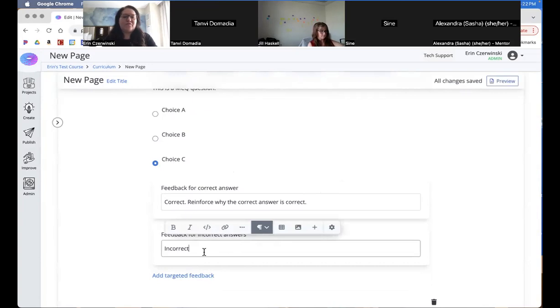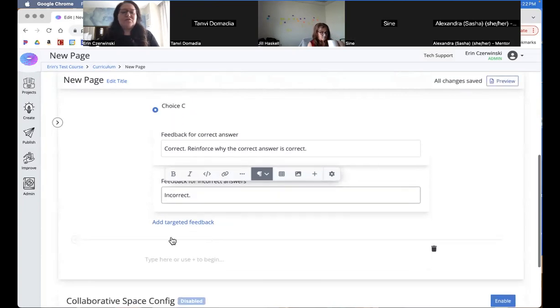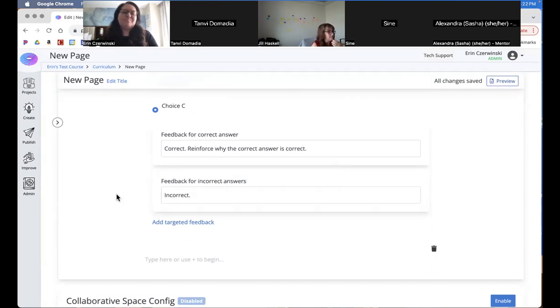So for all correct answers, it wouldn't be targeted, of course. And if you have targeted feedback, it will go through the targeted feedback. It won't even use this general feedback. I guess in the past, we've steered folks away from being able to do this, but we know as we're building this interface, there's certain situations where you do just want to give incorrect feedback for all answer options, but I would highly encourage you to do targeted feedback.